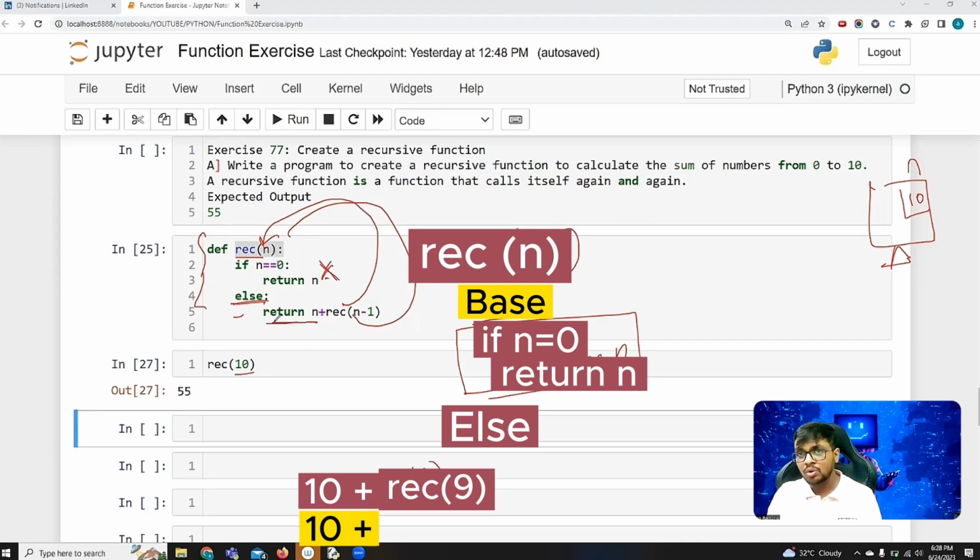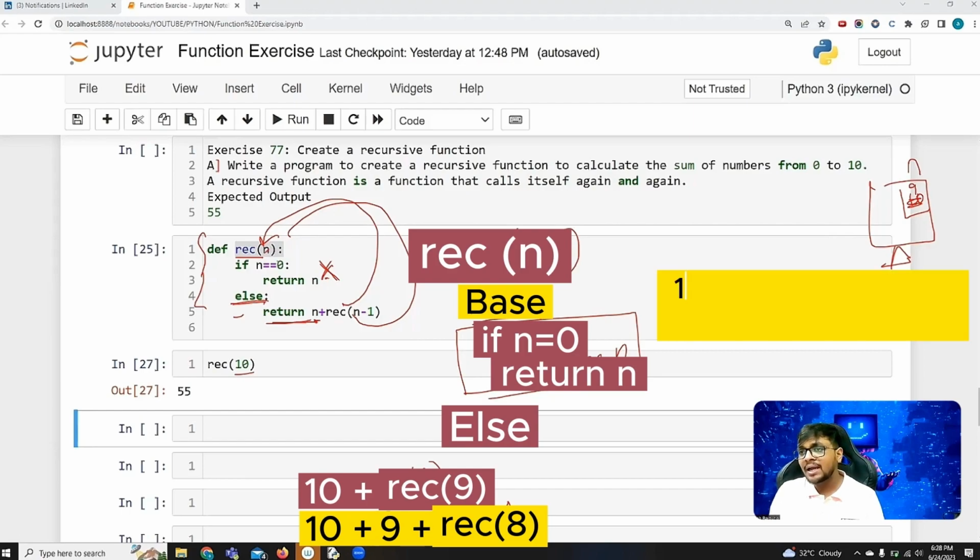So in the else part it would return n. n is right now 9. This n is now changed to 9 because we passed 10 minus 1, that is 9. So 9 plus again rec of 9 minus 1, that is 8. Now this process would continue in the same way: 10, 9, rec of 8, then 10, 9, 8, rec of 7. So it would be like 10 plus 9 plus 8 plus 7 plus 6 plus 5 plus 4 plus 3 plus 2 plus 1 plus rec of